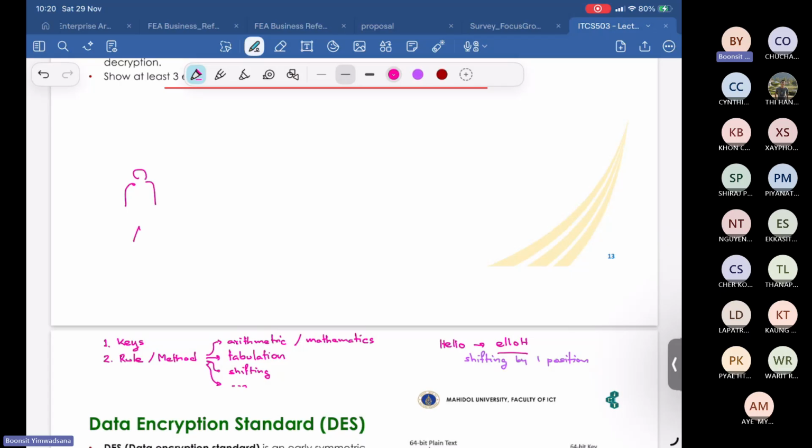Let's say this is Alice, and then we have another person, Bob. If Alice and Bob have never known each other before, for example, you're communicating with a server, then what you would do is that A and B will communicate with each other,